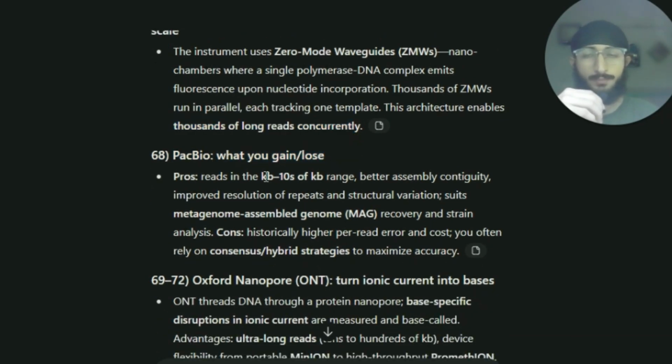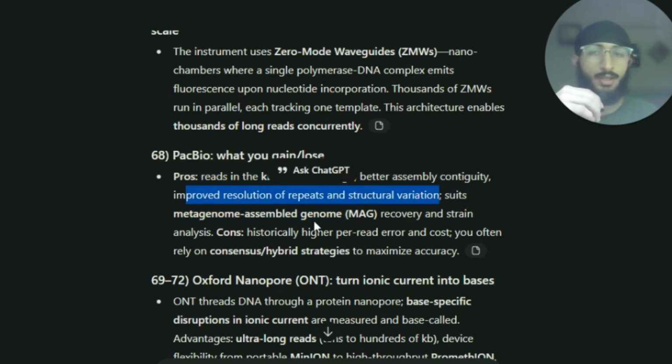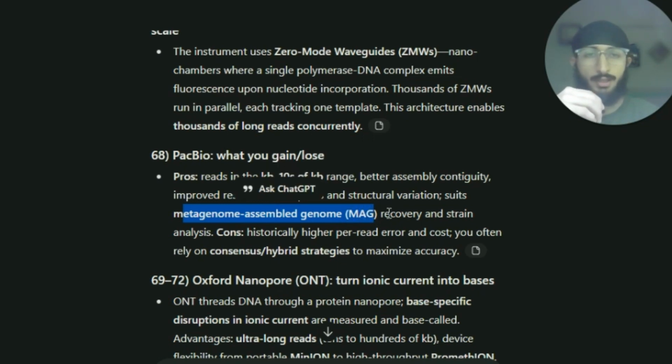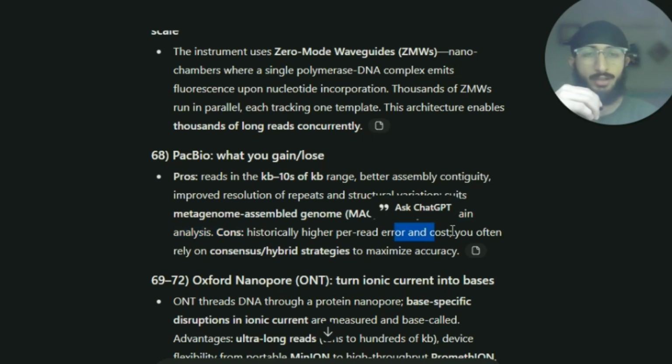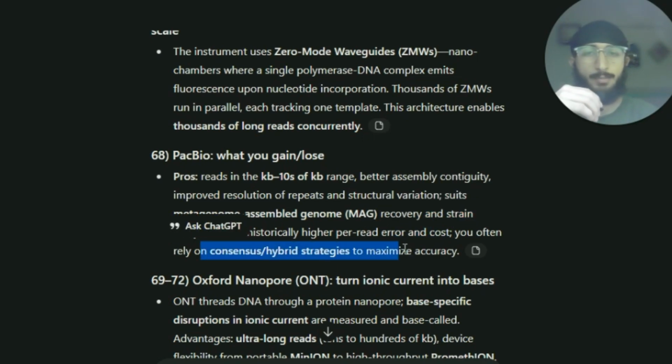PacBio: what you gain or lose. The pros of using it are that it reads in the kilobase to tens of kilobases range, giving better assembly contiguity and improved resolution of repeats and structural variation. It suits metagenome-assembled genome, that is MAG, recovery and strain analysis. Cons of PacBio are historically higher per read error and cost. You often rely on consensus or hybrid strategies to maximize the